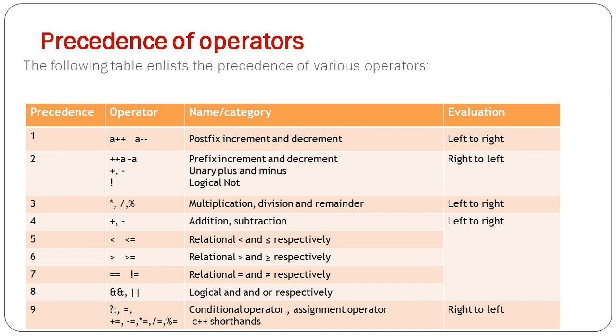We know that a++ is postfix increment or decrement, so this will be evaluated from left to right. Whereas when you go for pre-increments, it will be evaluated from right to left. So this precedence is important so that we can prioritize which operators to evaluate first in an expression.